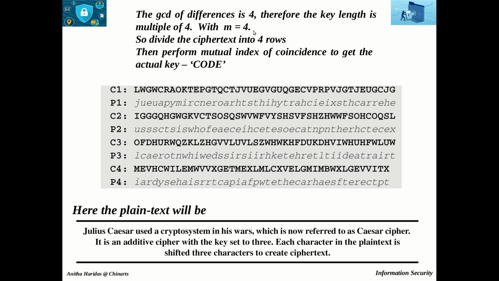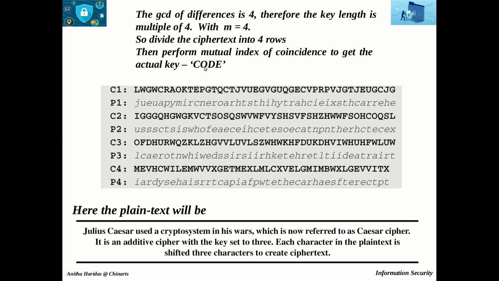Once the length of the key is identified, using the index of coincidence method, we can get the actual key. Once the key is obtained, we can convert the ciphertext into plain text and check whether it produces any meaningful message. If so, we can say we have found the secret key.